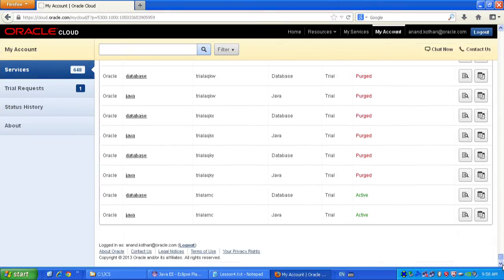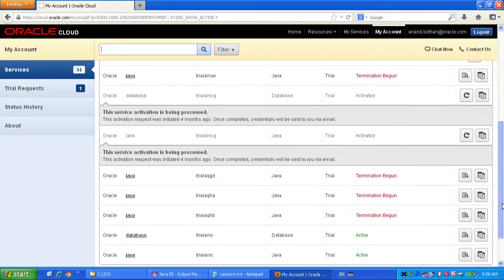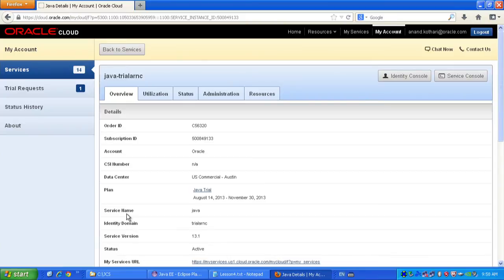Let's go to one of the services that I currently have active. Most of them, once they are used, I purge them. But the active service is right there, and actually I can even filter them based on active. And all the services that are active or they have just started being terminated are here. I can go to a details Java Cloud Service page, and